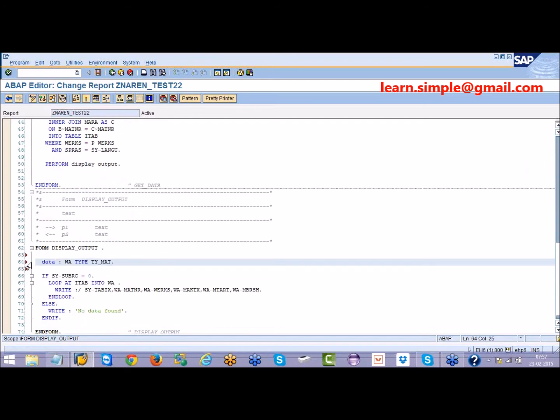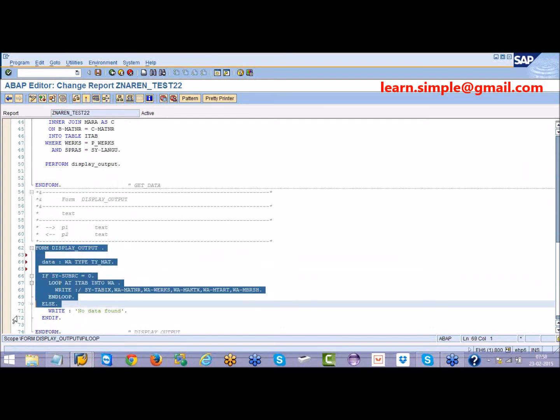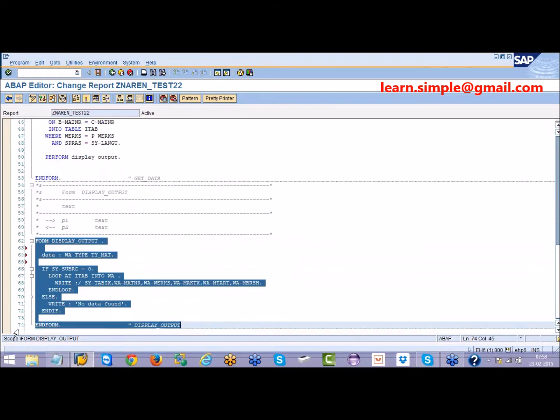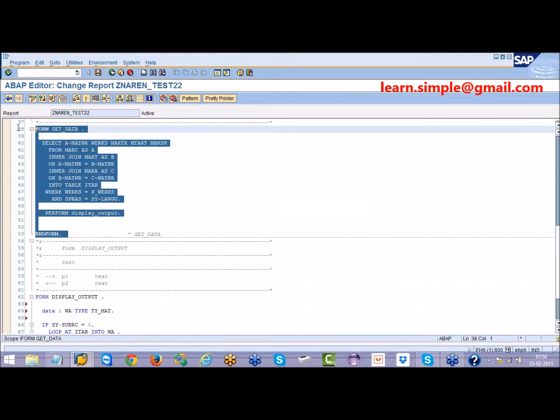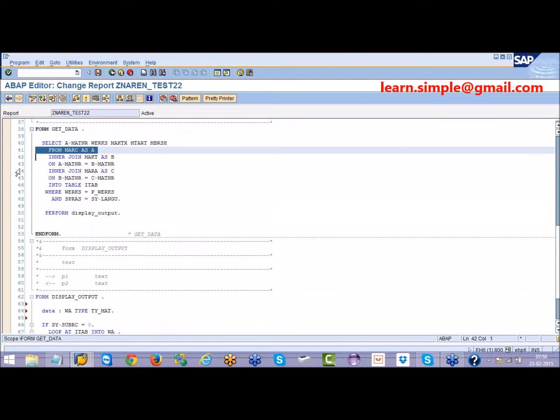So now this work area is a local work area which is specific to this block, this subroutine. So this subroutine doesn't know what is WA. If you had used that particular work area in this subroutine, the program would have given an error.